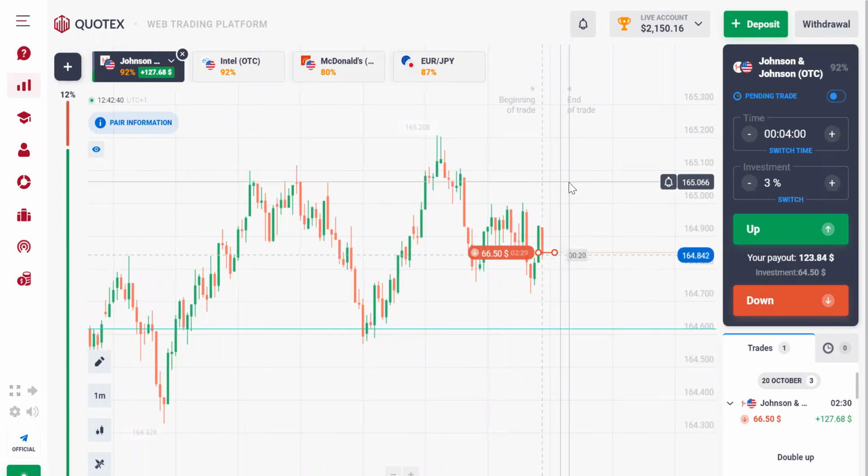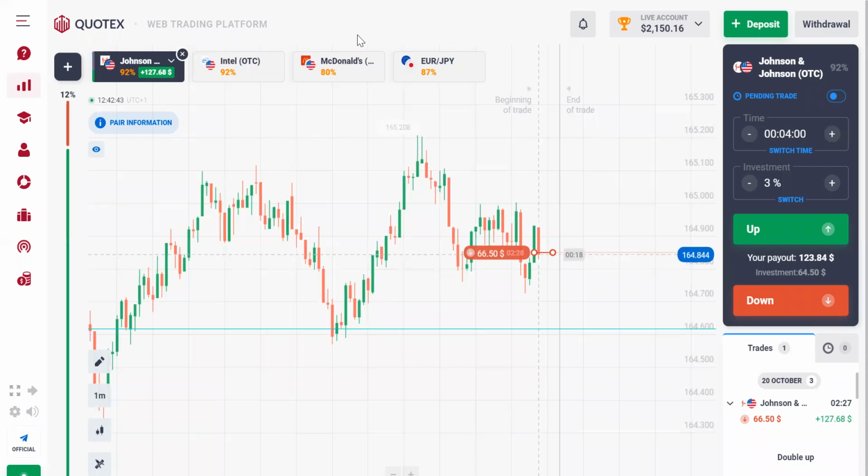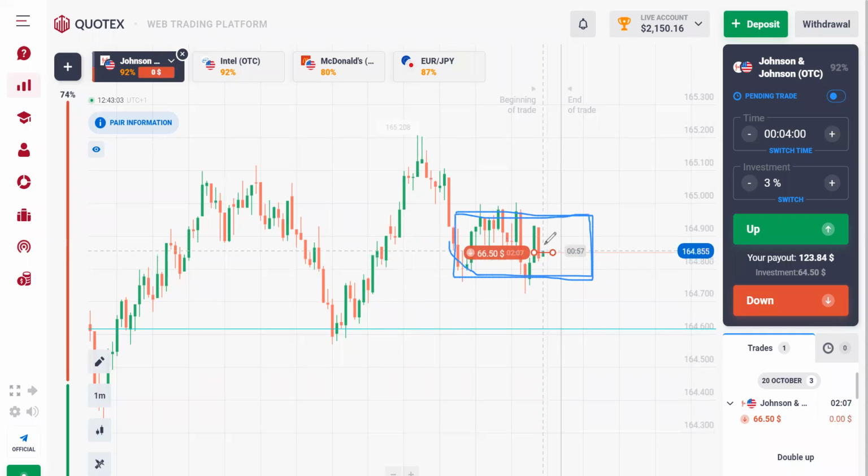So the idea behind waiting for a retracement, like I said, is to always get a good entry. Imagine you sold here, the market went up, you might start losing your trade. But if you wait for a retracement, you'll get a good entry. Now, if this market was trending, we just want to see continuous sellers. We don't want to see it revolve around here. If it revolves around here, that means we might still be getting some consolidation. But if it's trending down, that means the market is selling.